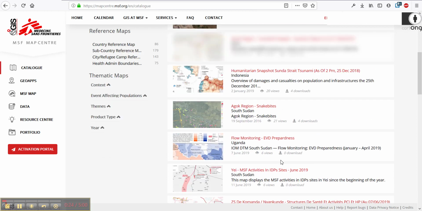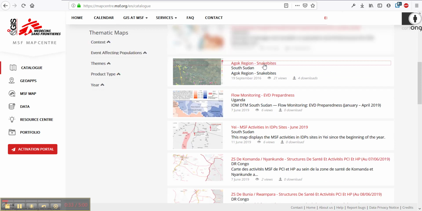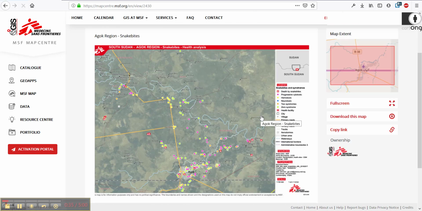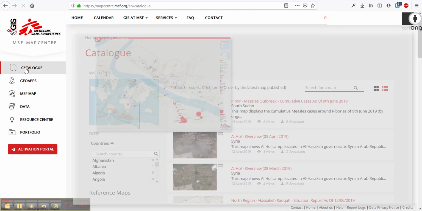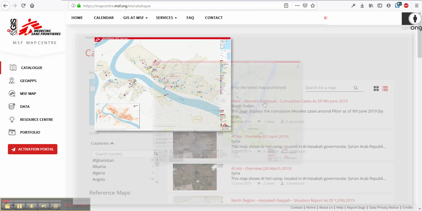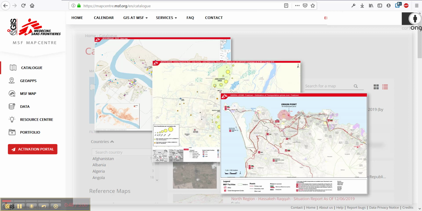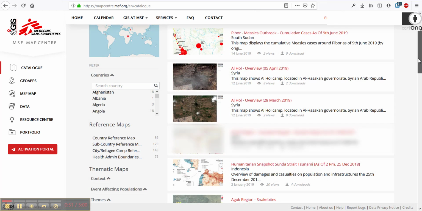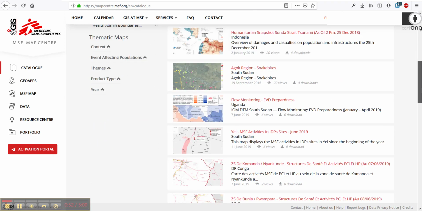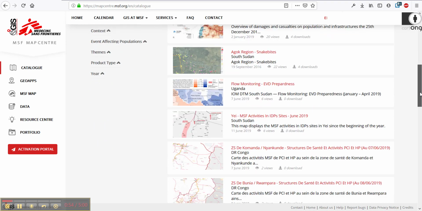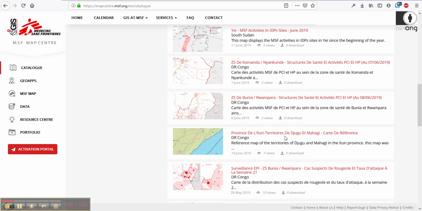Products that are available in the catalog are basic static cartographic products in the PDF format, which means they are easier to visualize, to download, and to print. They can be base maps, epidemiological analyses, or logistics, security, and communication maps. They are either produced internally at MSF with the support of Carto-NG, or they are integrated from external sources after having been examined for added value for the operations.